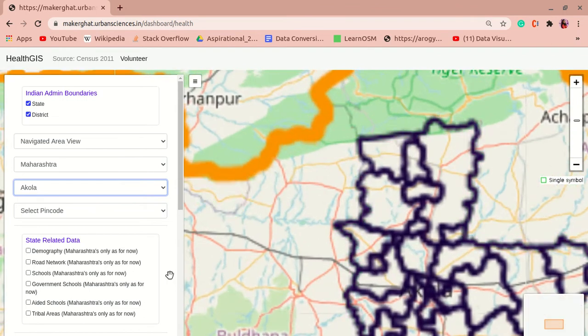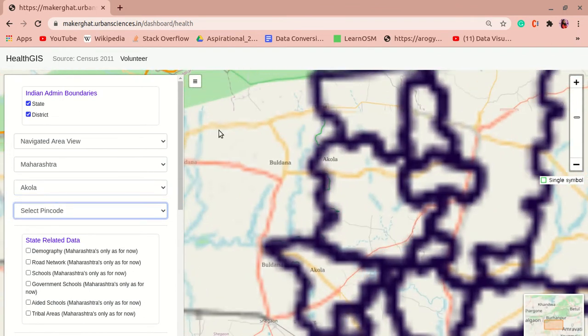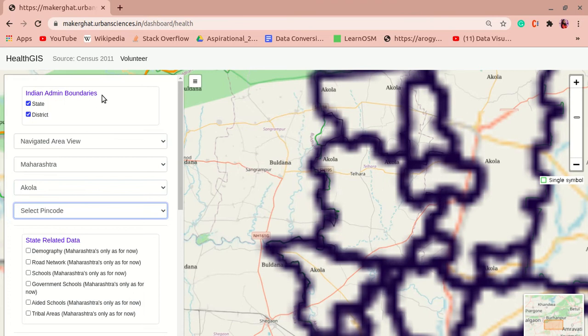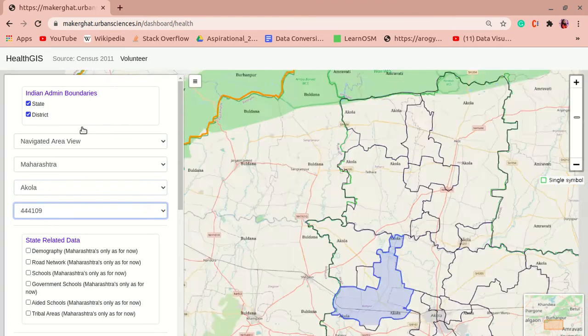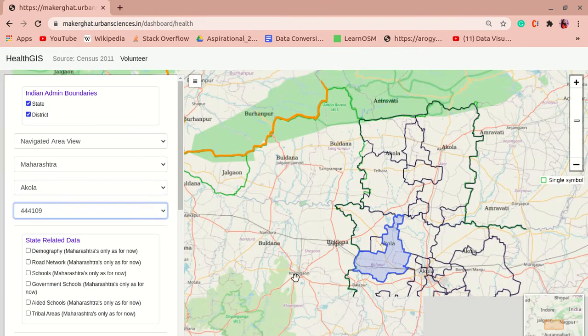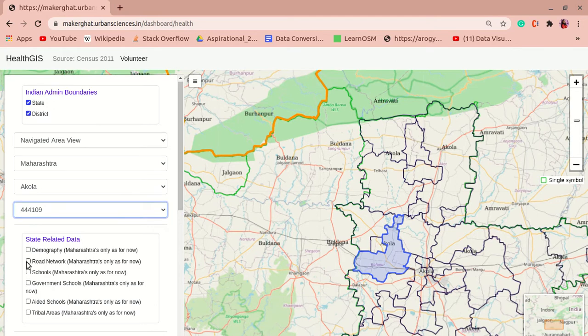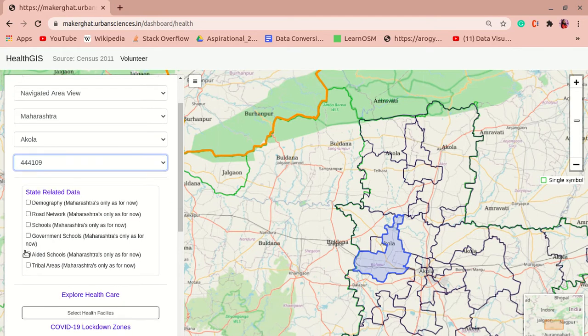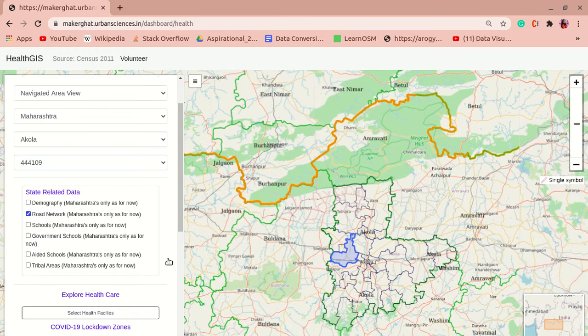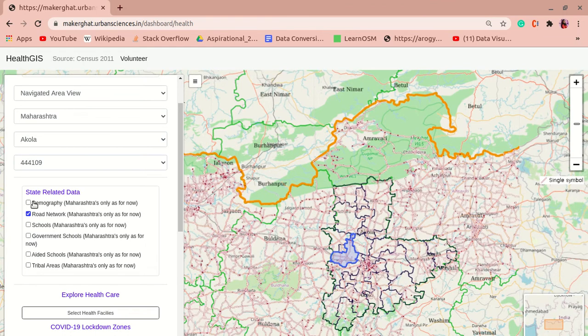This is Akola, and we have pin code level granularity in our website, so you can go to any pin code also. So these are the state related data which we have only for Maharashtra for now, like road network, demography layer.